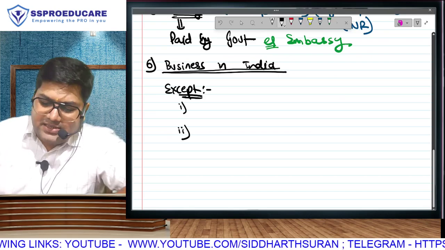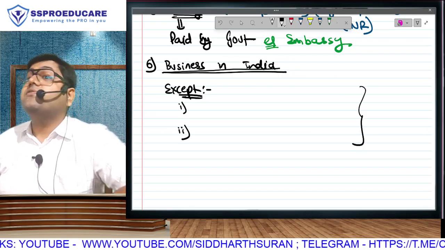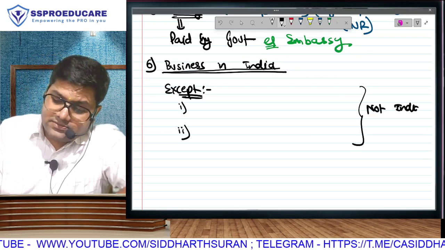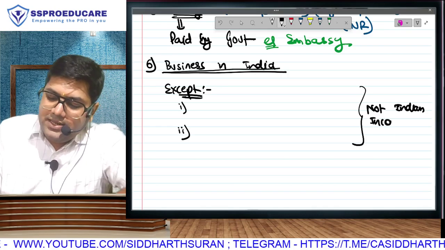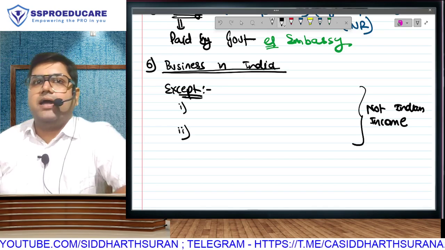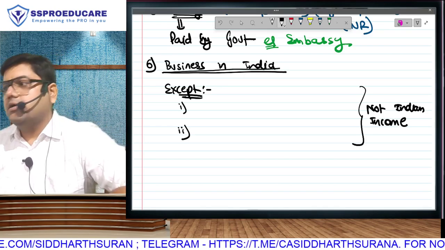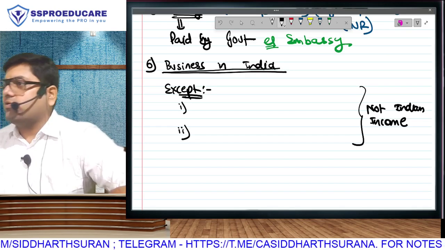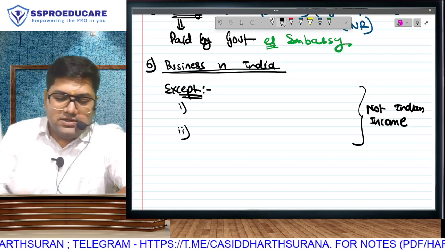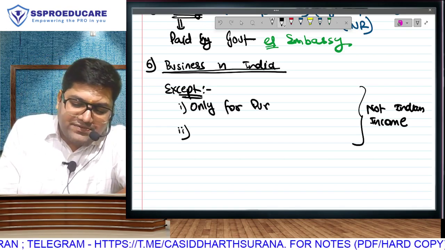First of all, please understand that if I fall in this exception, that means the income that I am earning is not Indian income. Do you understand? Normally, if I set up my business in India, any profit generated by that business from India or outside India is going to be considered as Indian income. However, in these two cases, it won't be considered as Indian income. Case 1. If that office is set up only for purchase activity,